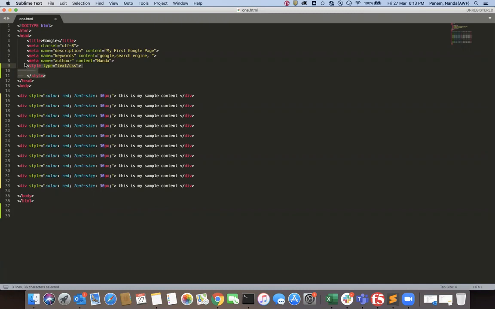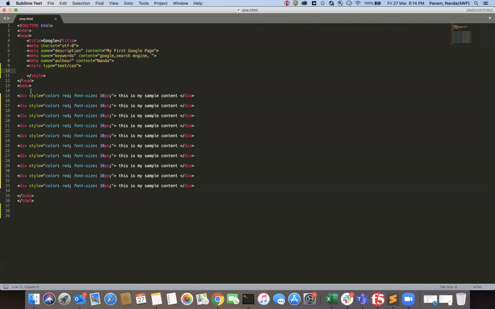Okay. Now I wanted to apply the same styling for all these div tags. So how can I apply? Here we are writing on each and every page. I am going to write this thing, every line I am writing. So it is going to be repetitive code. Suppose I want to modify font size to 35 pixels or color to blue. How many places do you need to modify? You need to modify 10 places to do a small change. It's not recommended. So how can we do those things?